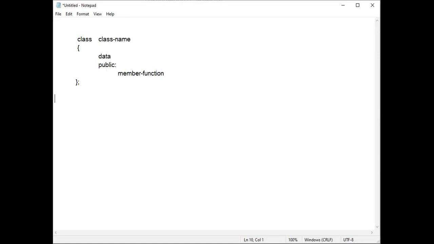Now, suppose I'm writing an example like class a. Then in the class, if I write variable a, then we will write public access specifier. For this I'll write one function, say display.